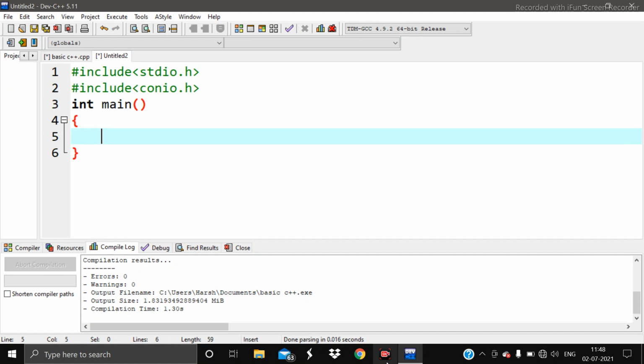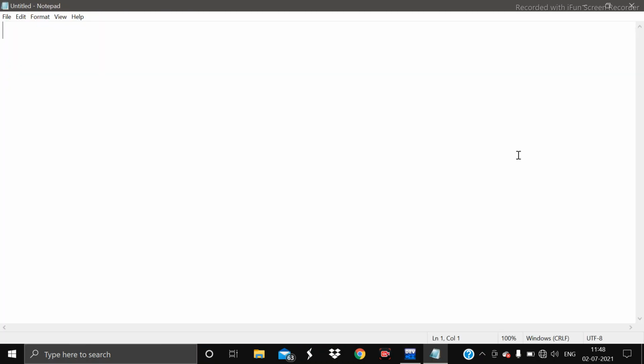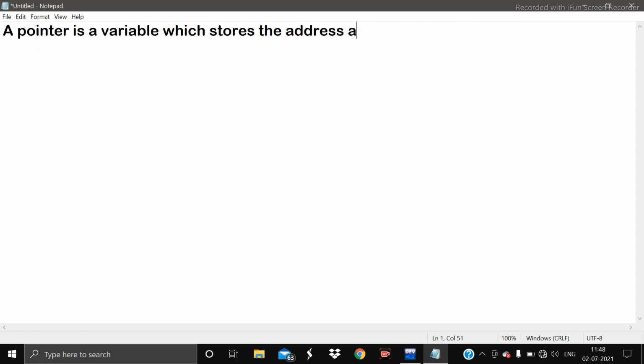So what is pointer? We first have to understand what is meant by a pointer. A pointer is nothing but just a variable which stores the address of another variable. So we can say that a pointer is a variable which stores the address as its value of another variable.